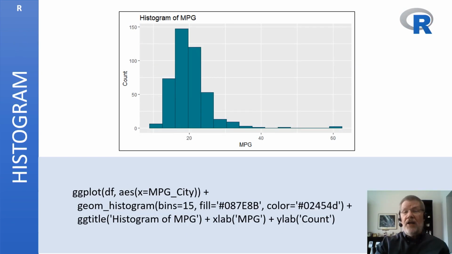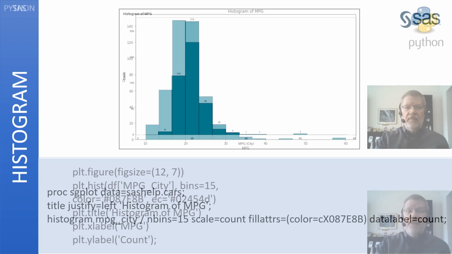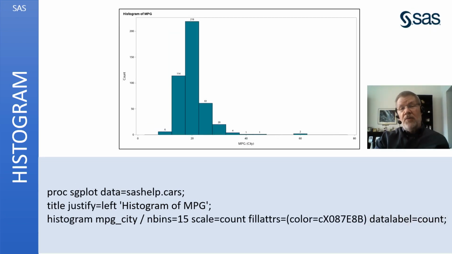Okay, on to histograms. With 3 R examples under our belt, the ggplot code needed to generate a 15-bin histogram is very straightforward indeed. And matplotlib also shines when it comes to histograms. Nothing new to see here. It's probably no surprise that creating a histogram with SAS ODS graphics is also straightforward. Here I use the data label option to show how easy it is to add counts to the bars.